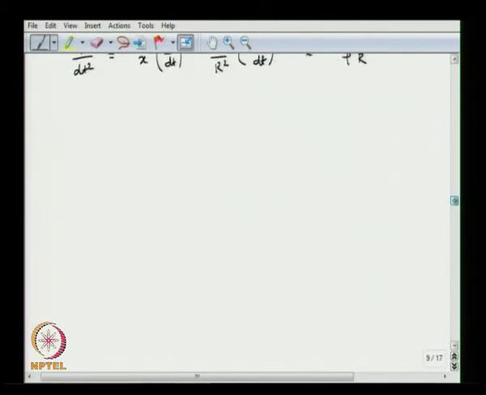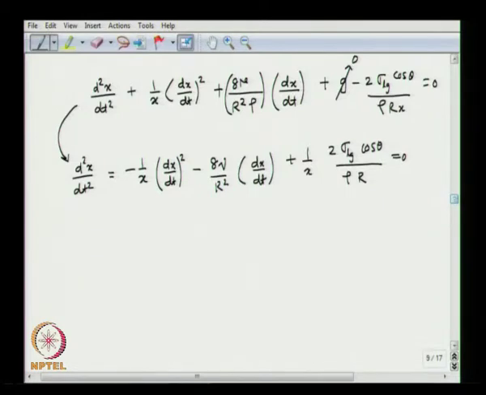So, the term 1 over x into (dx over dt) squared, because we are talking about a horizontal tube and capillary flow where the velocity is very small and this term is squared, is going to be negligible. So, you can simplify the equation further where this term vanishes.